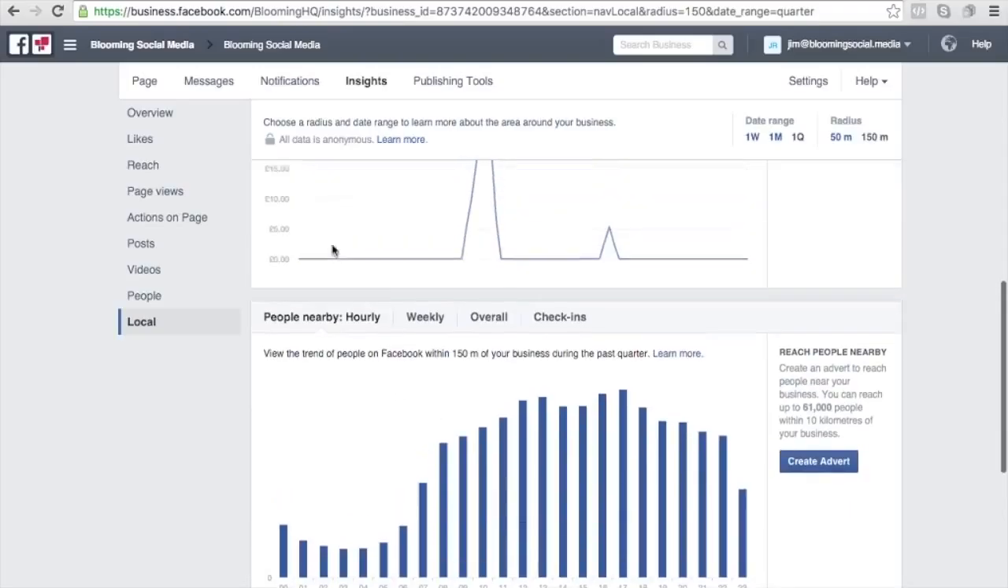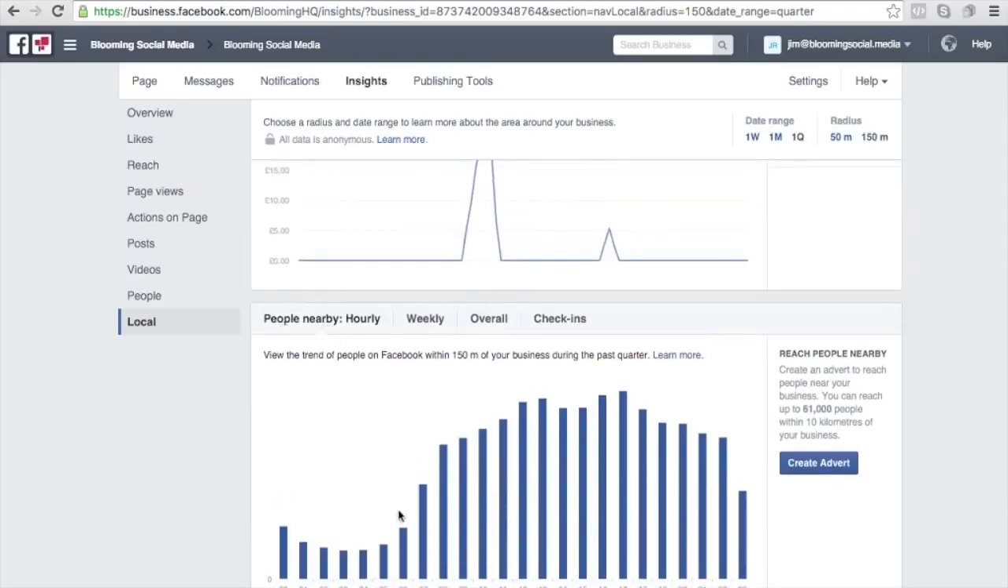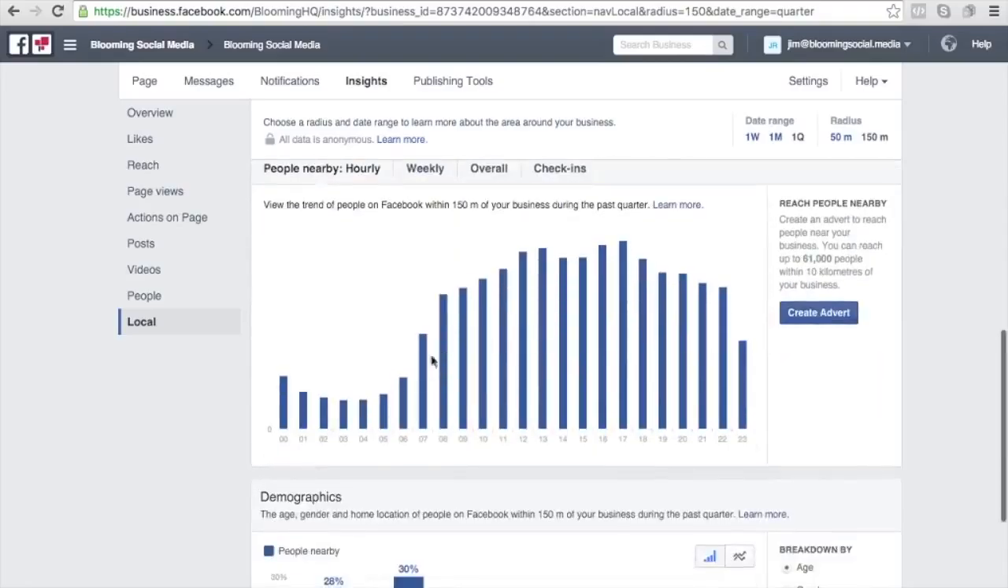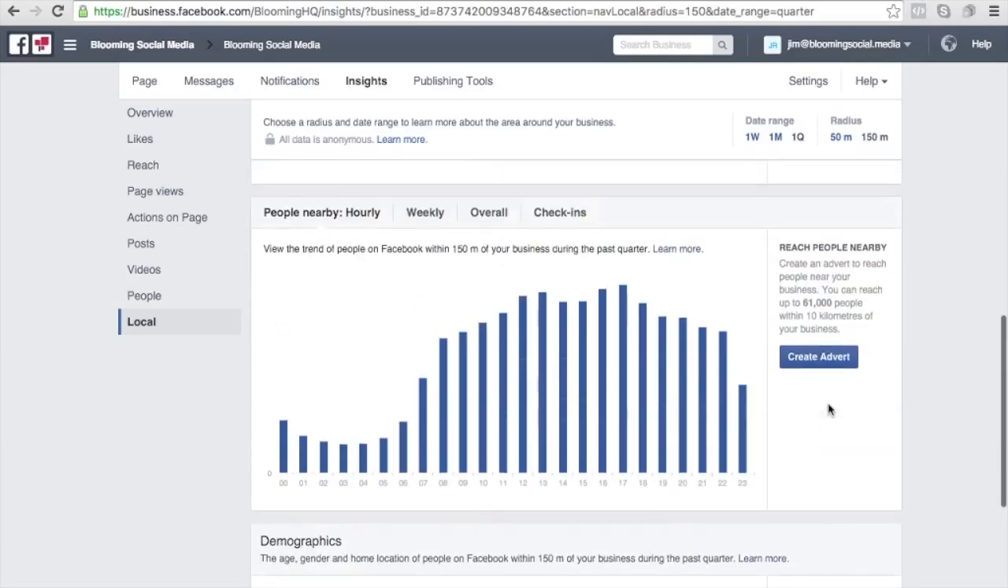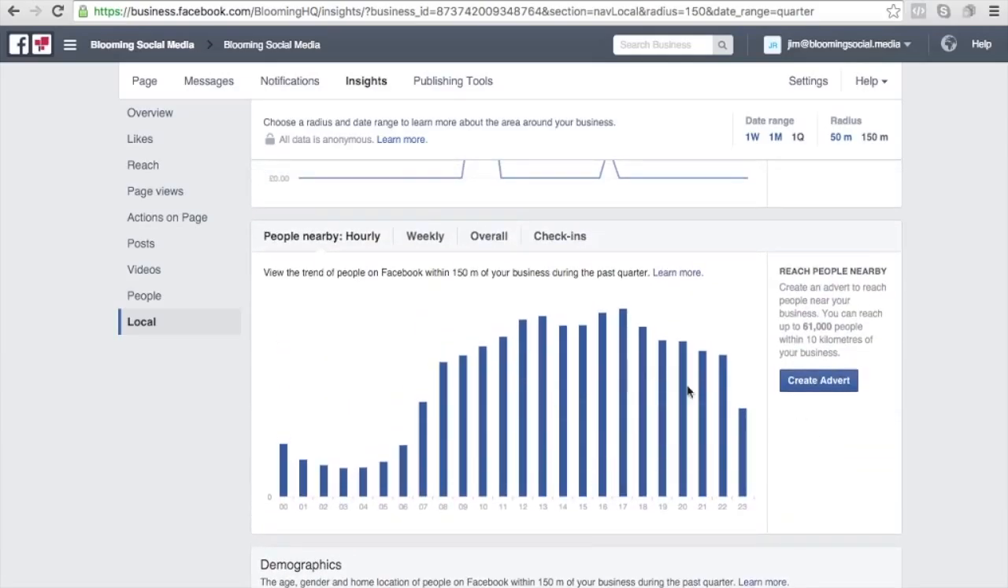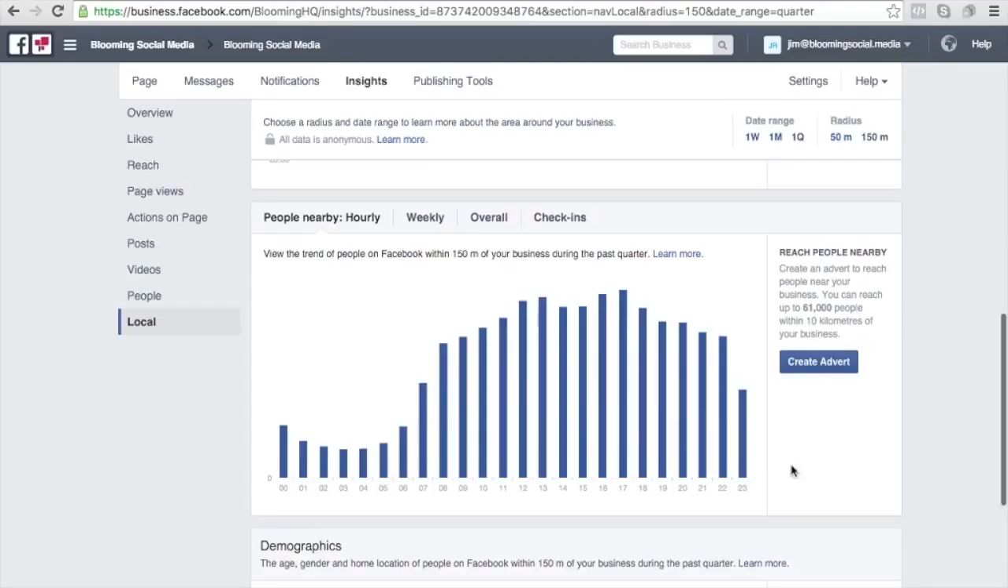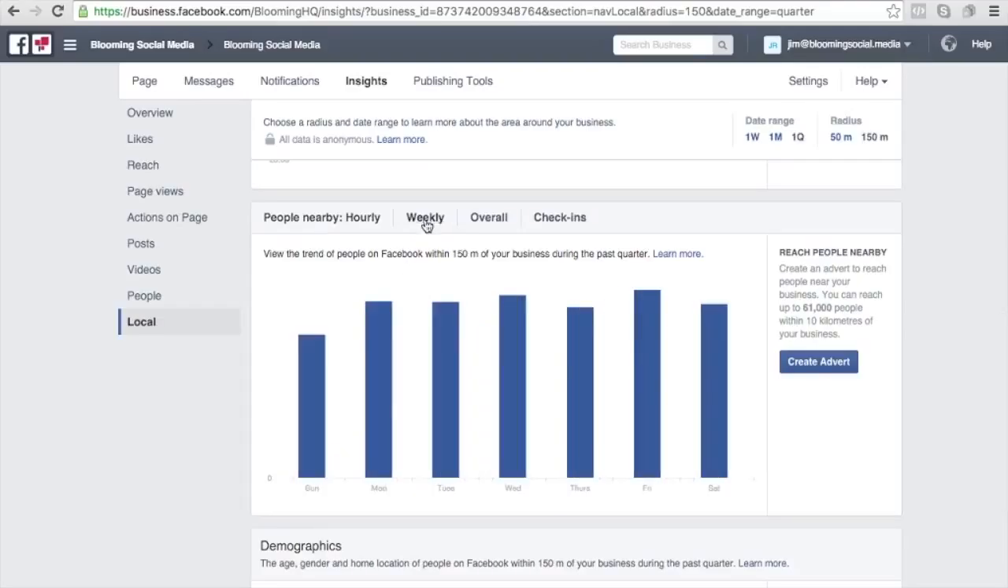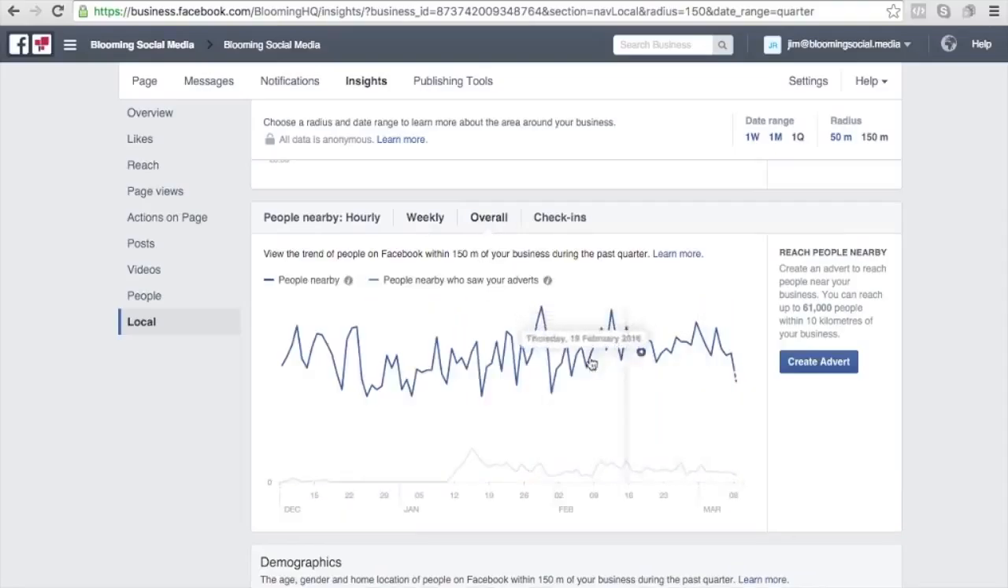We can also see people nearby by hour, and this fits exactly what we'd expect, and watching the traffic on the road outside. Traffic does often snarl up outside the office, and people do sit on their phones in the traffic. We do see that out of the window. We can have a look at weekly. So again, we can see Friday stands out from the crowd. We can have a look at overall, so you can see their overall picture,